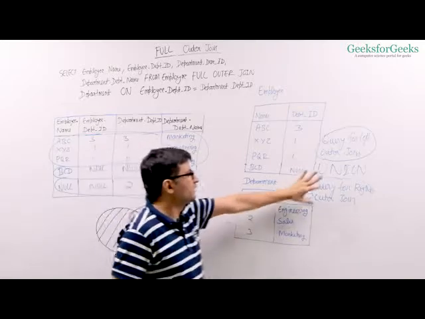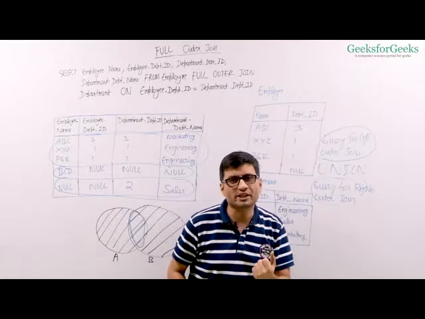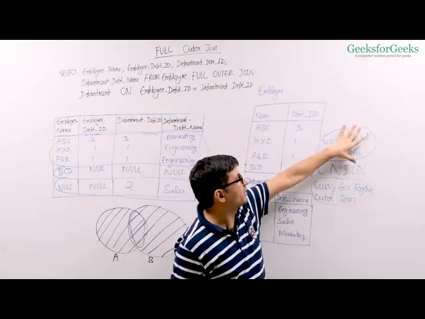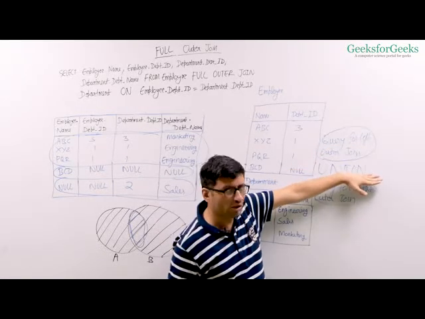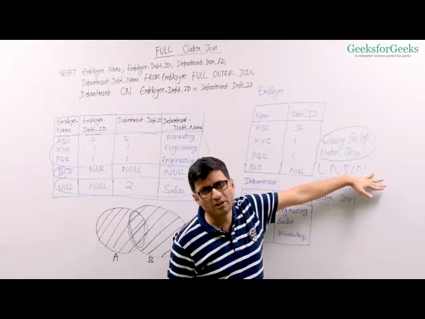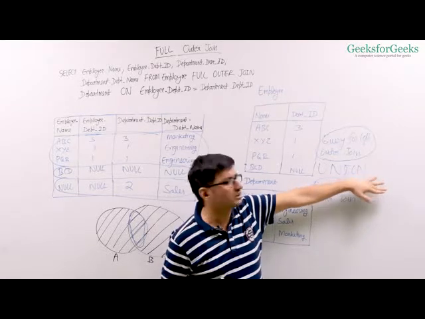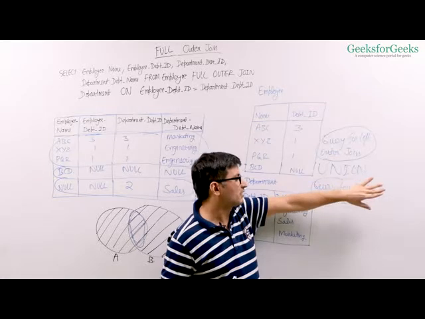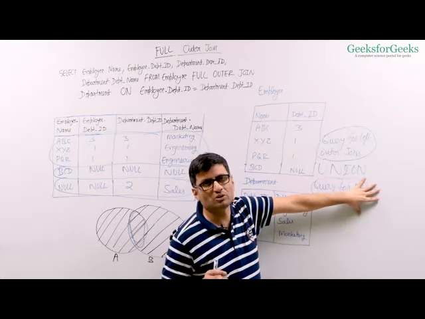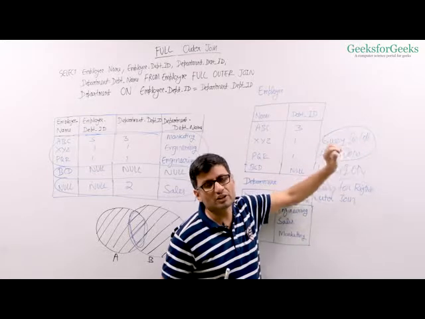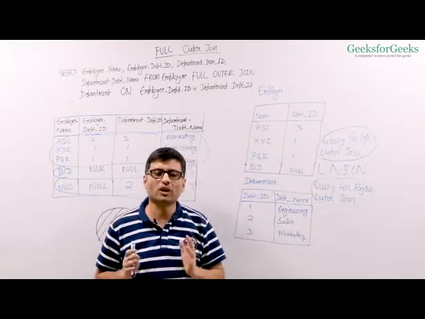But this is not an efficient way because first we are generating duplicates and then we are doing a union. We can optimize it by writing this query as it is, then union all, so that we tell MySQL that there are not going to be any duplicates, just print all the values, and then writing the right part cleverly so that it does not contain anything which is part of inner join. That's another way of writing the full outer join.